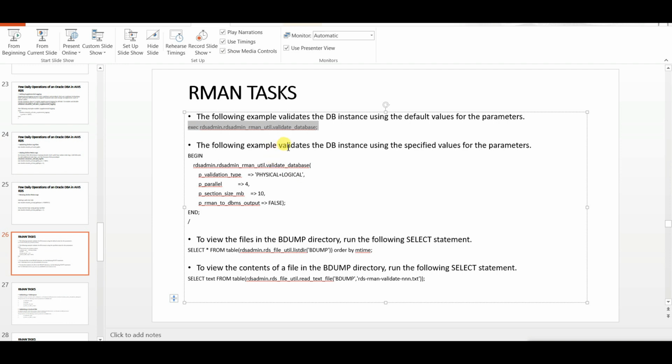Now the following example validates the DB instance using the specified parameters. You can use this to view the files in the BDUMP directory. Here we will have all our trace files and so on. You can use this command: select * from table(rdsadmin.rds_file_util.listdir('BDUMP')) order by mtime.